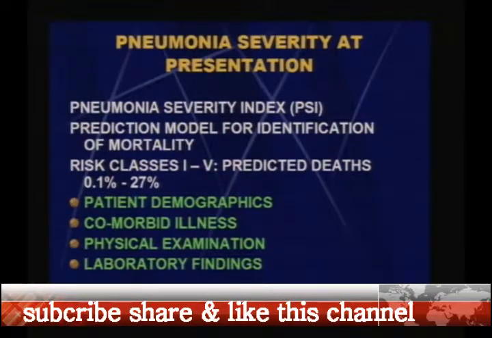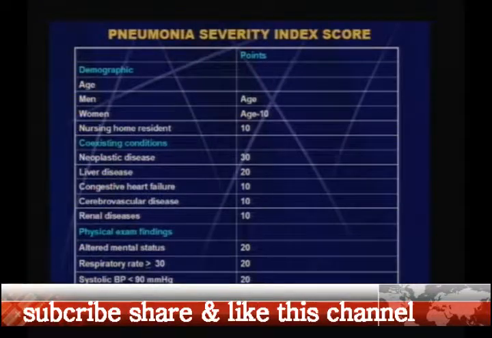We also have another score which is called the pneumonia severity index. This is again a model for prediction of mortality. It includes again parameters related to demographics, comorbid illnesses, some parameters related to physical examination, and laboratory parameters. On the basis of this, as you can see here, the demographics like age, sex, the habitat, the coexisting conditions like neoplasm, liver disease, heart failure, chronic renal disease, physical exam